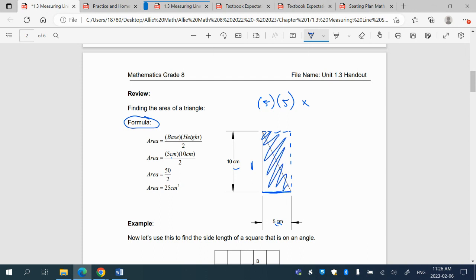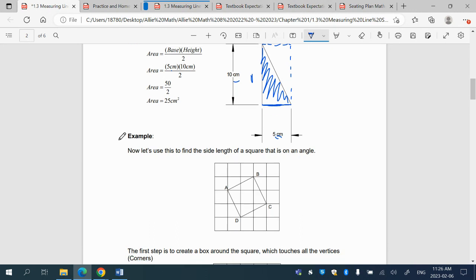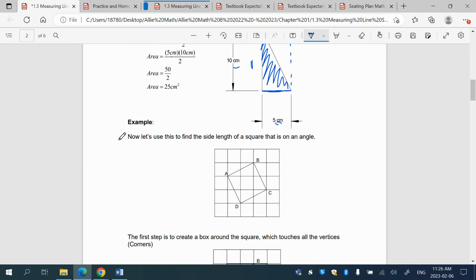But the triangle is actually only half of that. So we can't count the whole thing. So we need to divide it by 2 because we only want that much, not that extra part right there. Okay, so example, now let's use this information, what we know that base times height divided by 2 is the area